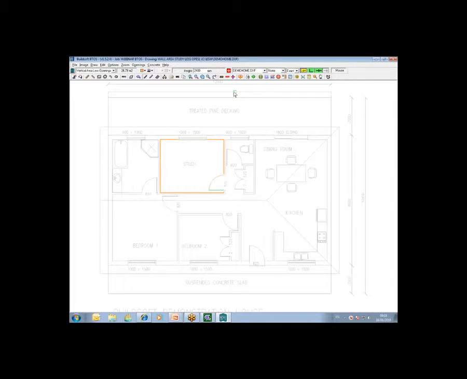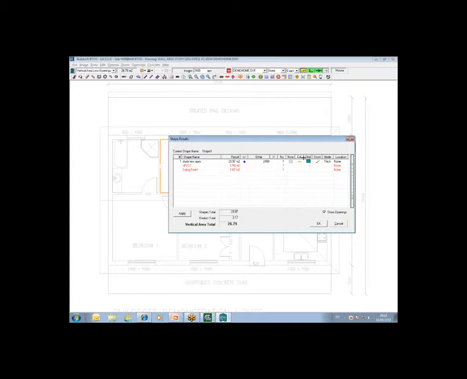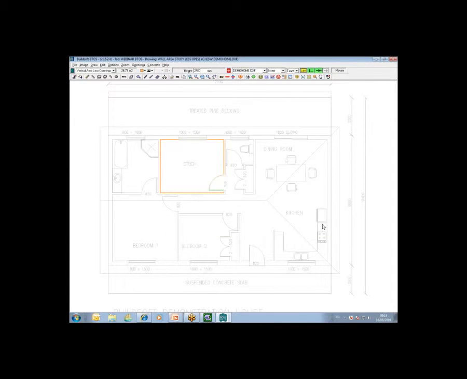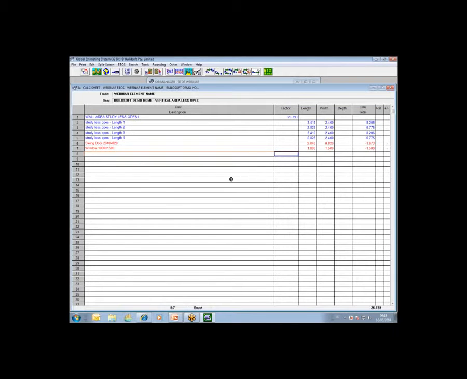I'm going to turn on my length mode, and then I would need to go to my shape results and annotate and then amend if I needed to change line colors, shading, and so forth. Once you are done, I could take off other rooms and apply openings on those other rooms within the same drawing screen if needs be. You then can just exit and save, and back into the calculation sheet will come your takeoff with the deductions